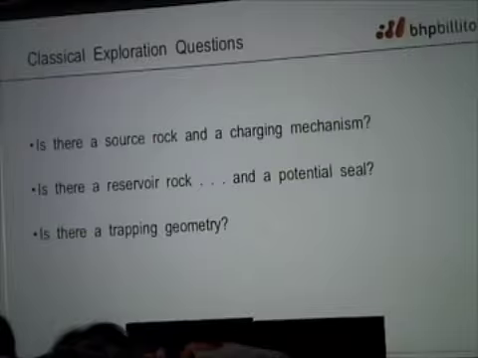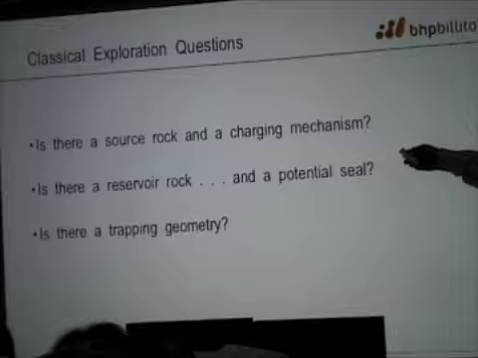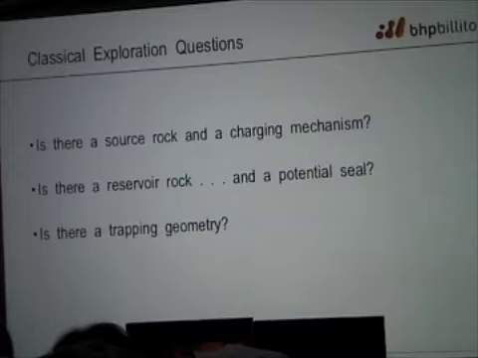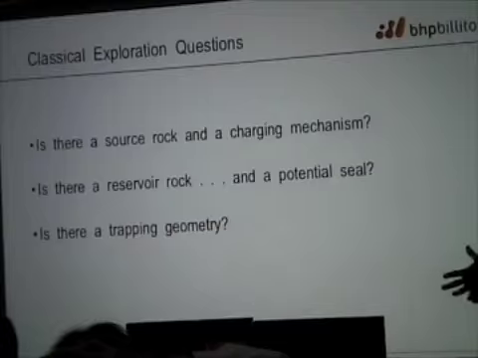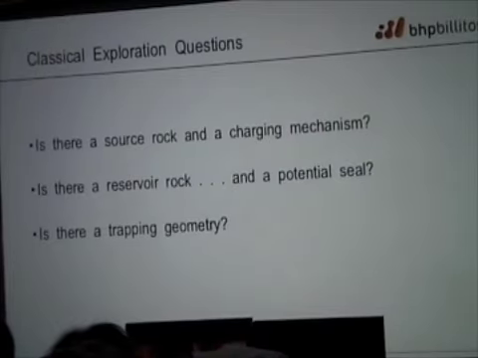And for oil, at least, the classical method of exploration would be to try to answer the following questions. And you would get yourself different technically trained people to answer these different questions. The first would be, do I have a source rock and a charging mechanism? Is petroleum ever generated in a place where I'm considering drilling? The second is, is there a reservoir rock and potential seal? You might have